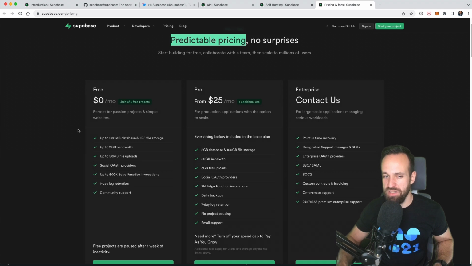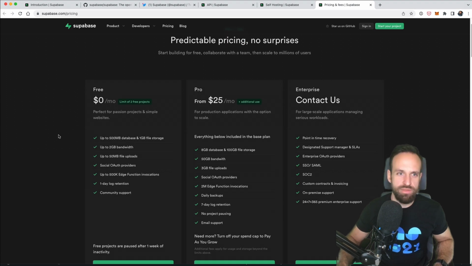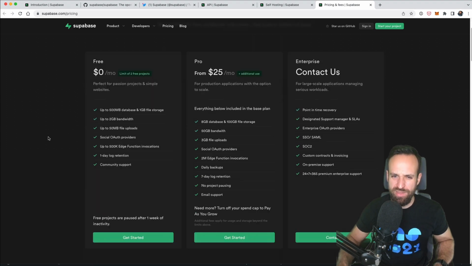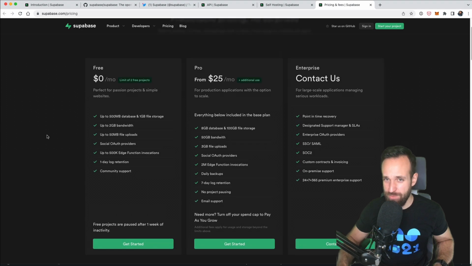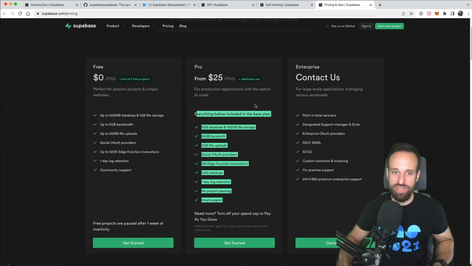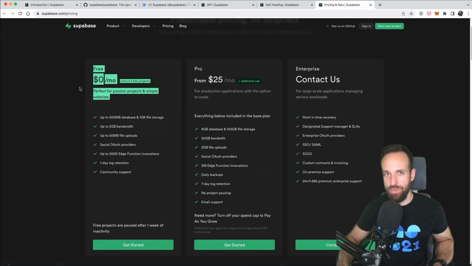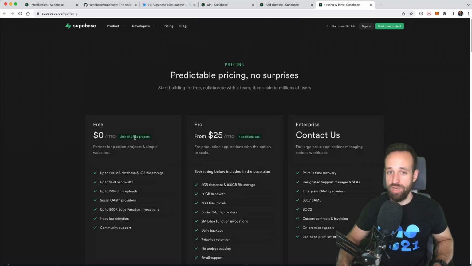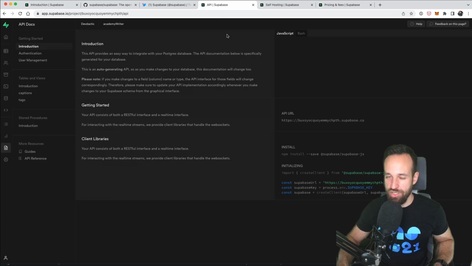In that case, it's pretty much, well, I don't think you're paying anything for Supabase then. Please, Supabase team, jump in if this is wrong. But otherwise, they have a really predictable pricing in terms of the project usage, which you can check out here. Again, you can get started for free, and I totally recommend you check out Supabase. I have used it in a few projects and I really enjoyed it so far.